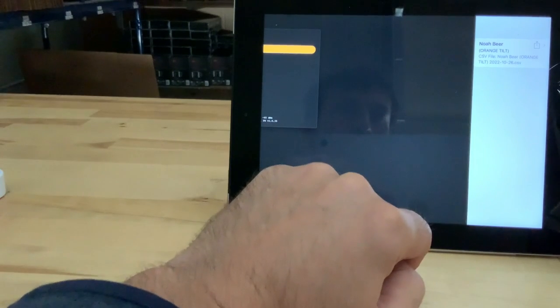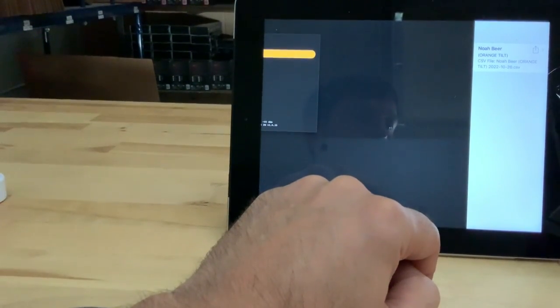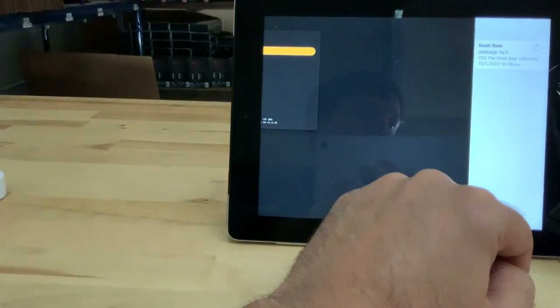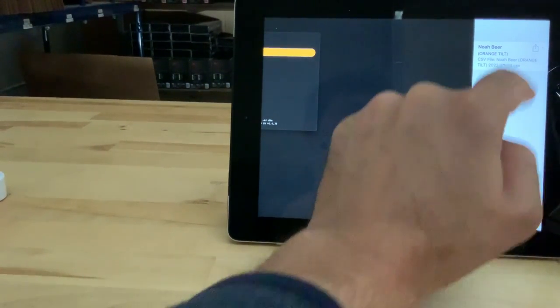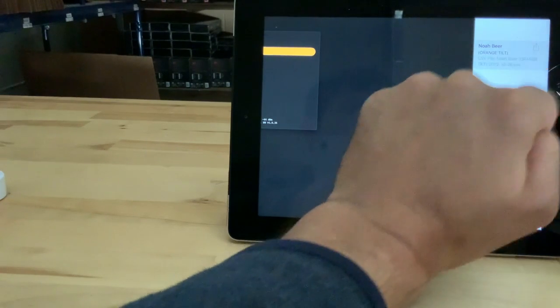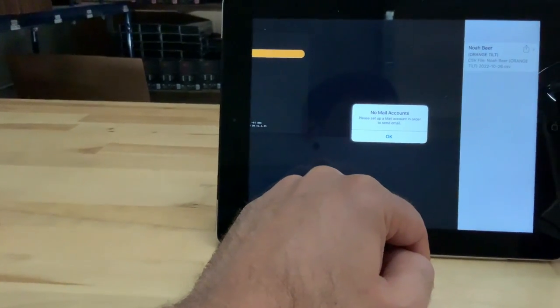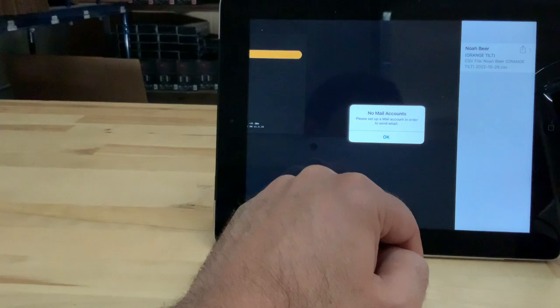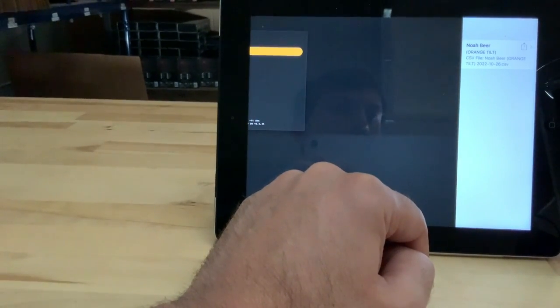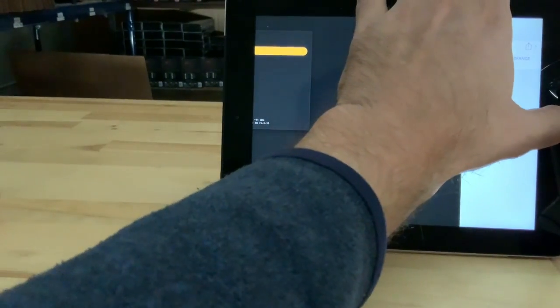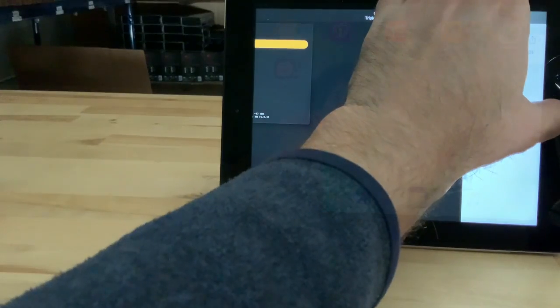Now I'm going to look at my data file. As you can see here, I have one data file. And if I try to share it, I get this message, no mail accounts. Please set up a mail account in order to send email. So in order for me to actually use the device logging, I need to go back and set up